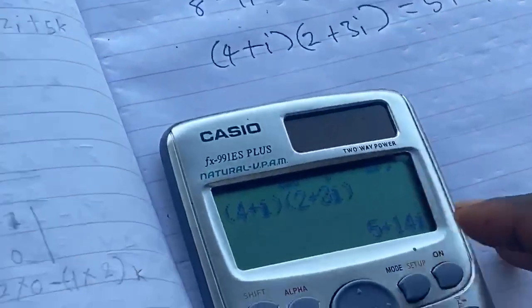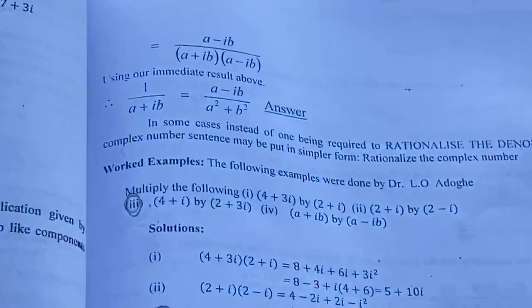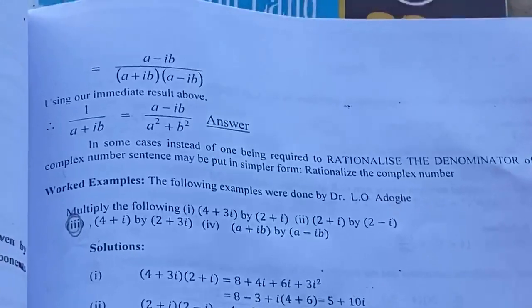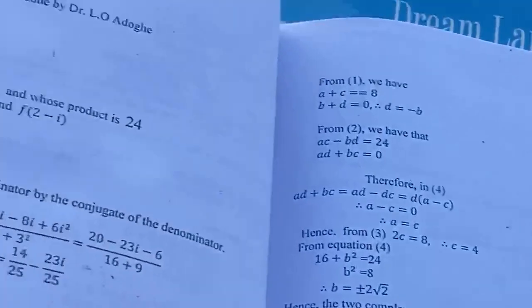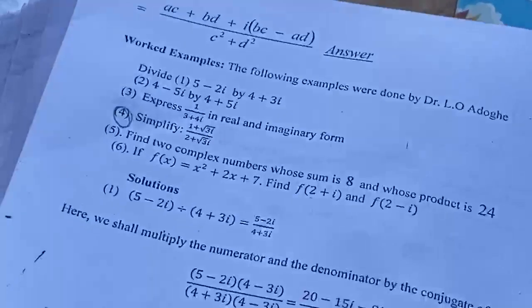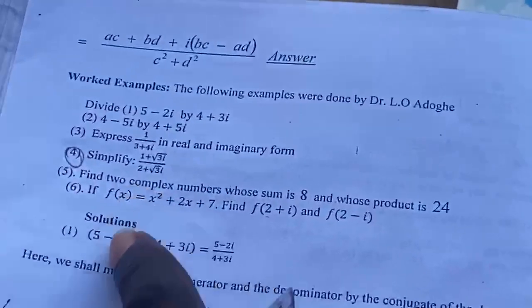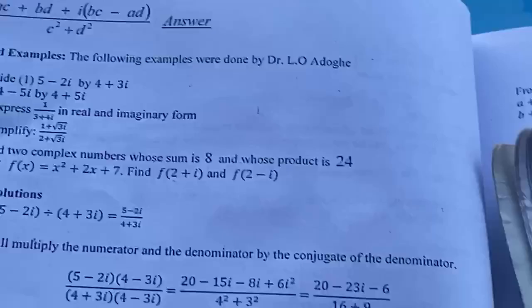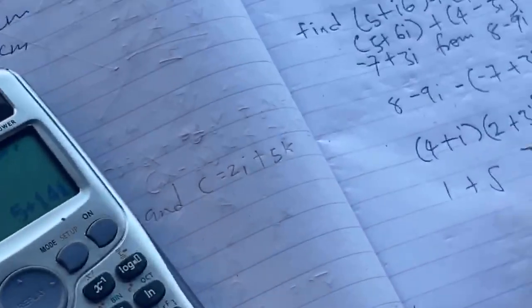So let's see if our answer is correct from the textbook. Okay, 5 plus 14i. You can see that the answer is correct. That shows you that what we solved was correct. So let me see if I still have some other questions here. Okay, we have another one on division which says simplify